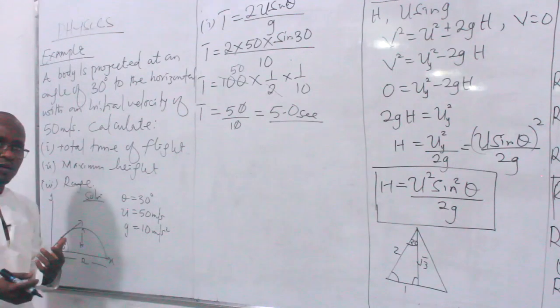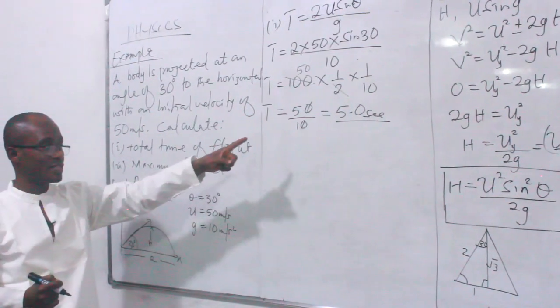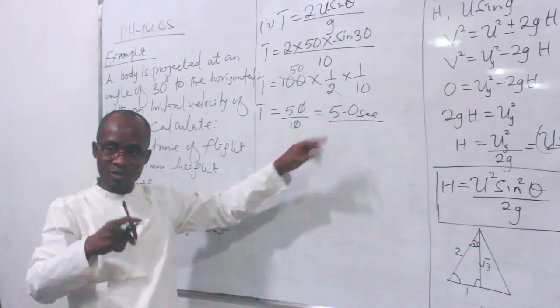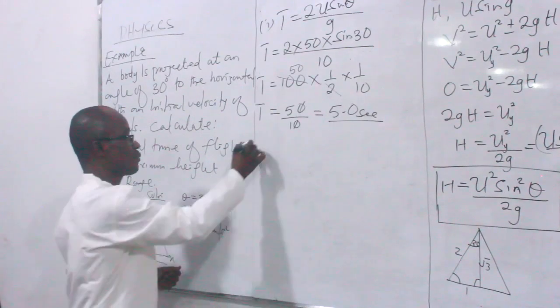One may be asked, what is the time to reach the maximum height? The time to reach the maximum height, a small letter t, is half of this, 2.5. The time to fall is 2.5, while the total time is 5.0 seconds. Point number 2,